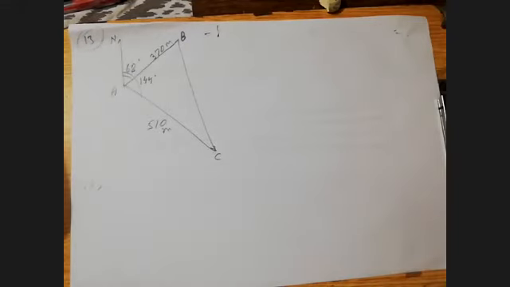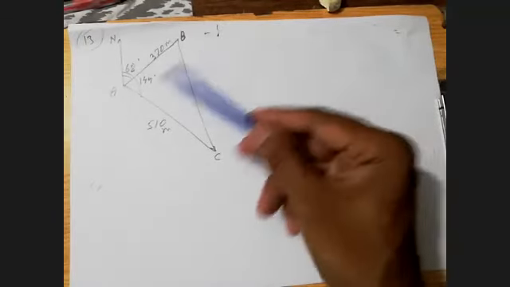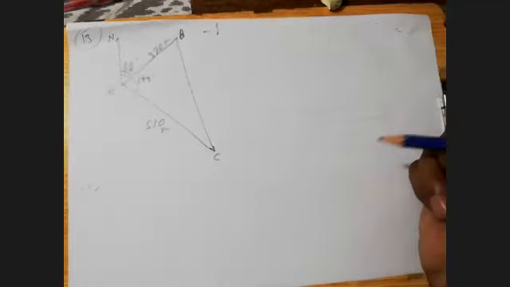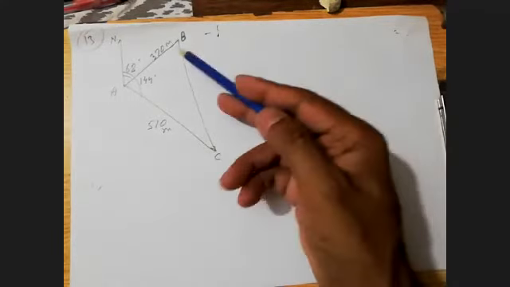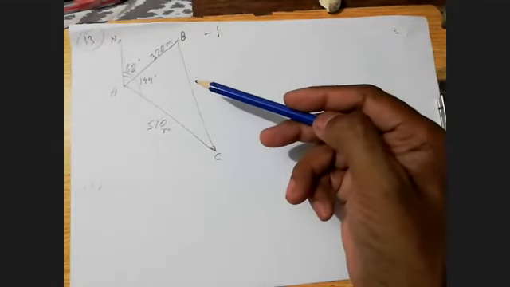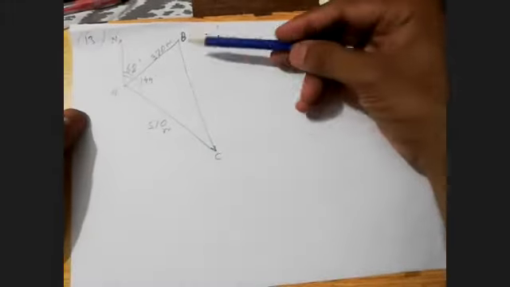Okay. Somebody told me that I must use the cosine rule. Pythagoras theorem cannot be applied, because this is not a right angle triangle. This is a scalene type triangle in which no side is equal to each other and here there's no angle of 90 degree. So those who are saying that I must apply the cosine rule, they are right, because this side, BC side,